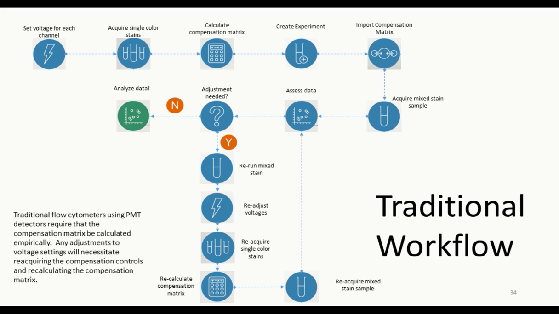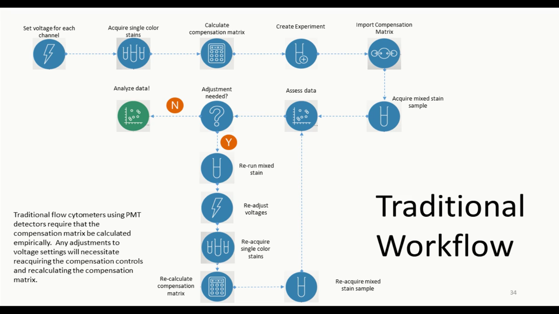You take a look at the data, you assess the data, then you decide in the workflow where that question mark is. This is where we're deciding, am I happy with the data or am I not happy with the data? If I don't think there's any adjustment needed, we're going to follow the path to analyzing the data, which we're ready to go. But if there is something that's not quite perfect, that we can't just do post-acquisition compensation adjustment for, it's something that actually really does need a gain adjustment for,